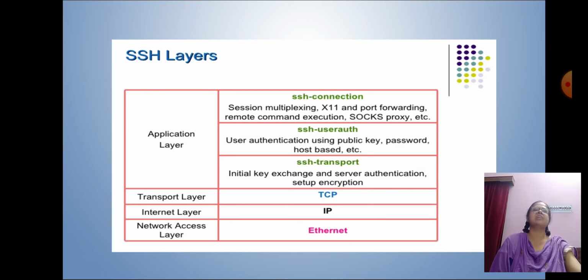Actually, SSH was designed as a replacement for Telnet and for unsecure remote shell protocols such as Berkeley RSH and the related RLogin and REXEC protocols. Those protocols send information, notably passwords, in plain text, rendering them susceptible to interception and disclosure using packet analysis. The encryption used by SSH is intended to provide confidentiality and integrity of data over an unsecured network.